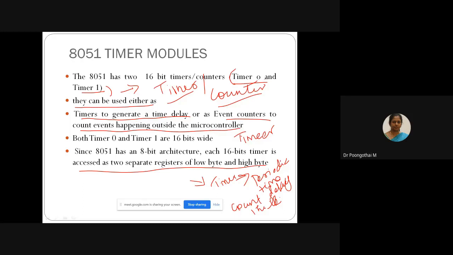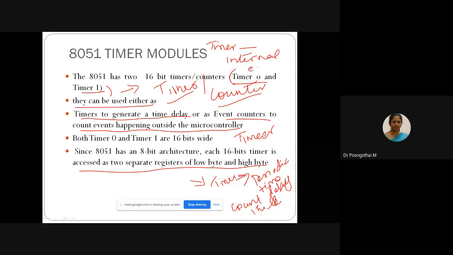According to the architecture, timer will count internal clock pulses. Counter will count external clock pulses. So that is the basic difference between timer and counter.